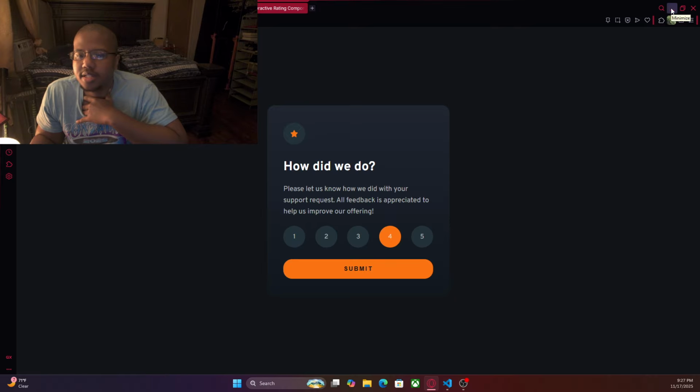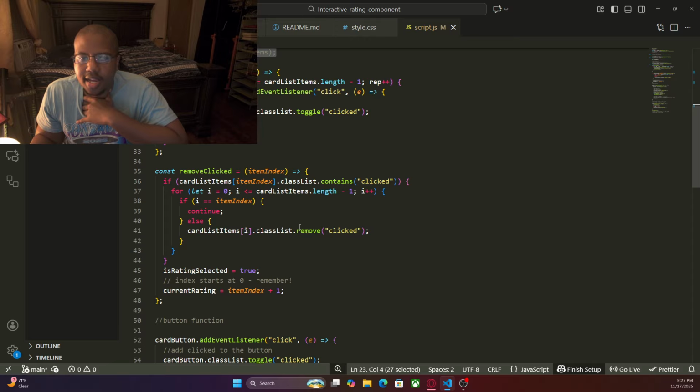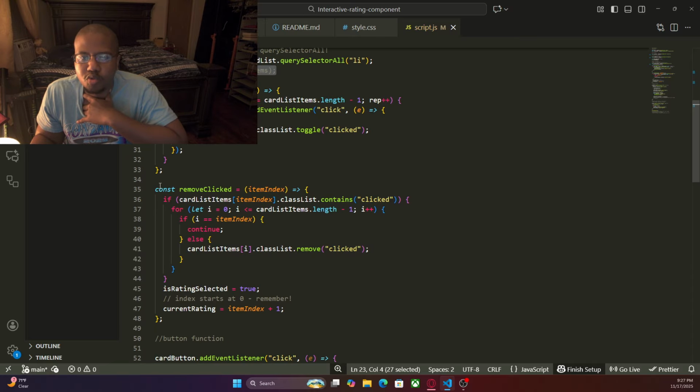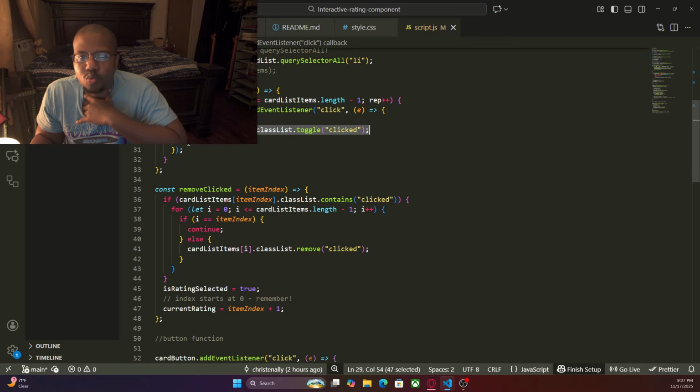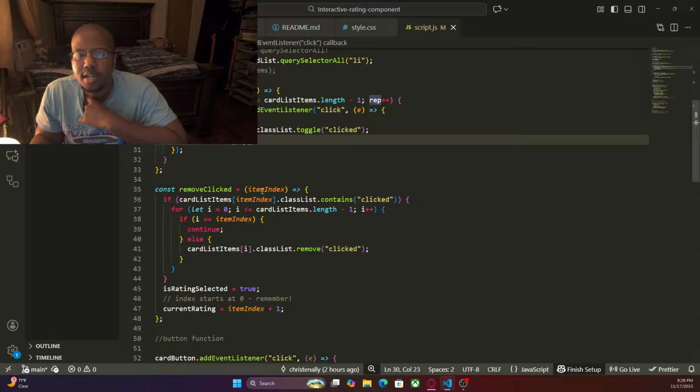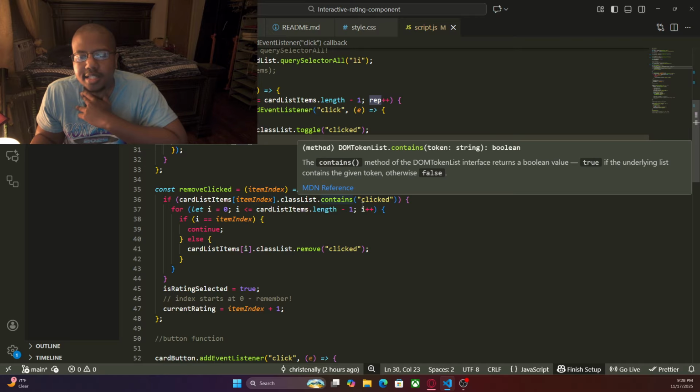All right. Then I created a function called remove clicked, this function right here. So after we add clicked, after a button is clicked, it will remove clicked, and it takes the current iteration of the for loop as the item index that we shouldn't remove click from. So you enter that item index, then you say if card list items item index dot class list dot contains clicked,